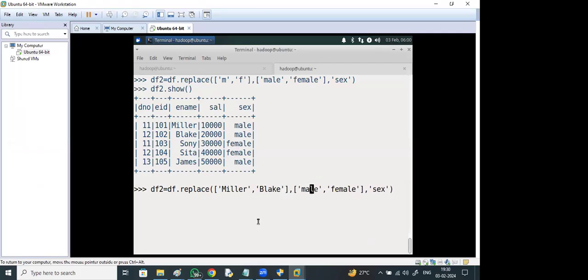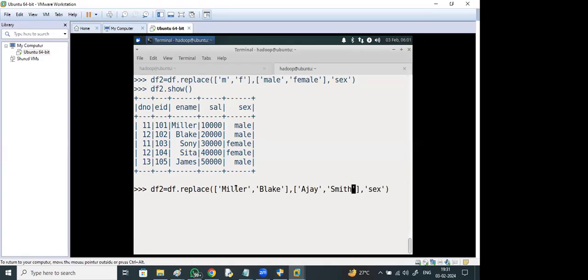Just rename with different names. Assume this Miller and Blake have left that organization.